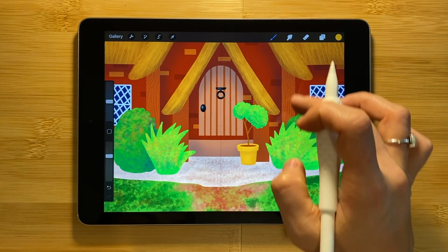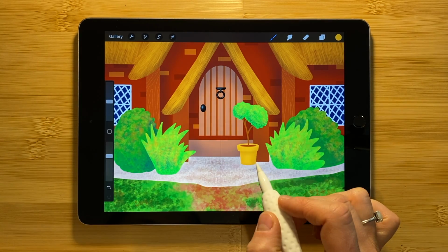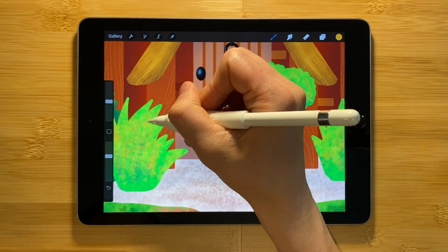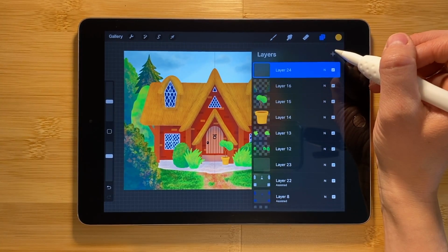We do have to be conscientious of the fact that it's not going to be the same bushes on both sides or the same shrubs on each side, so there will be spaces where it's not seen or spaces where it is seen. Click on the 2 squares, scroll to the top, click on the top layer, add a layer,